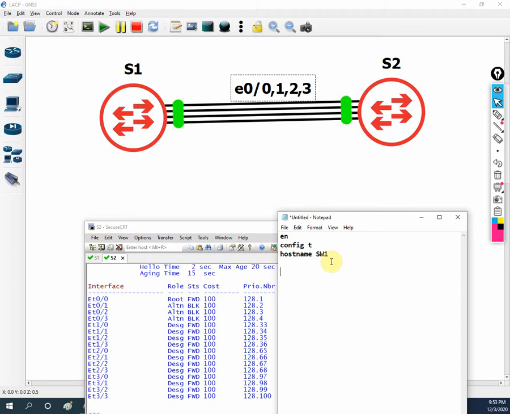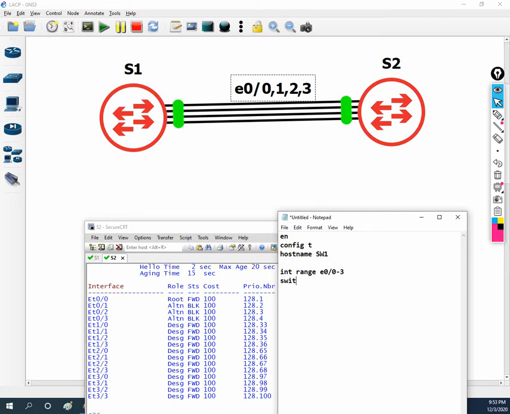What command can we use? If you remember, we did this when we did VLANs in the CCNA. Anyhow, let me write interface range, and then E0/0 to E0/3. With this command we select the interfaces E0/0, E0/1, E0/2, E0/3.